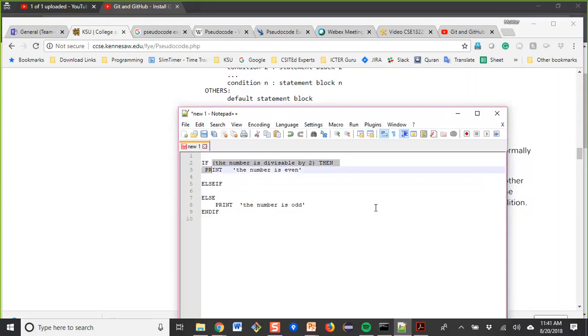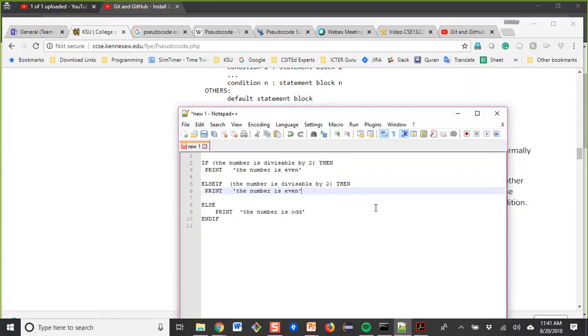We can say if the number is not divisible by 2, then we say the number is odd, right?